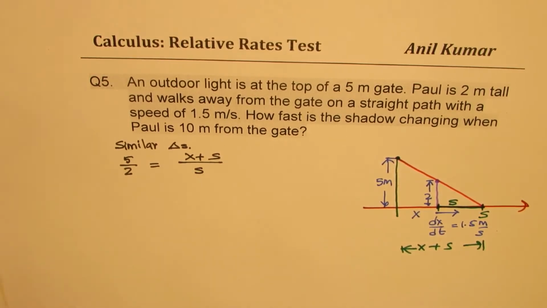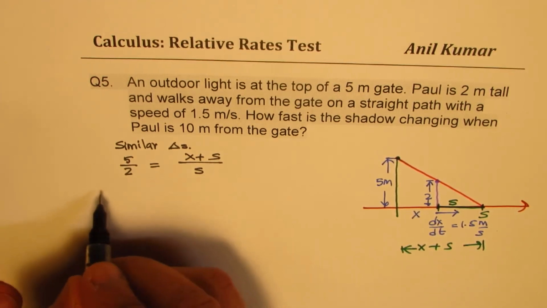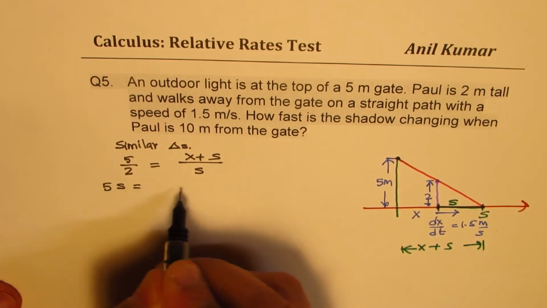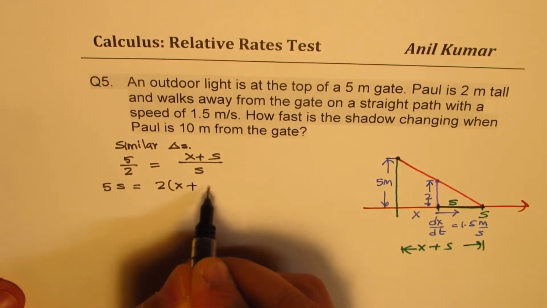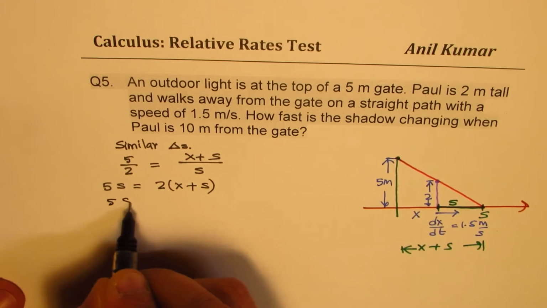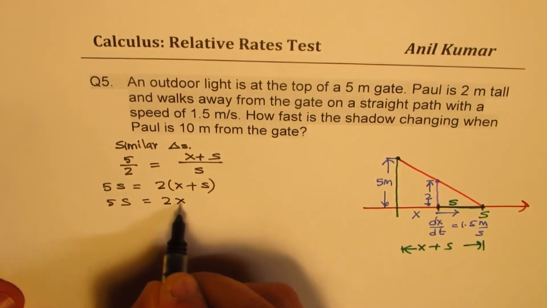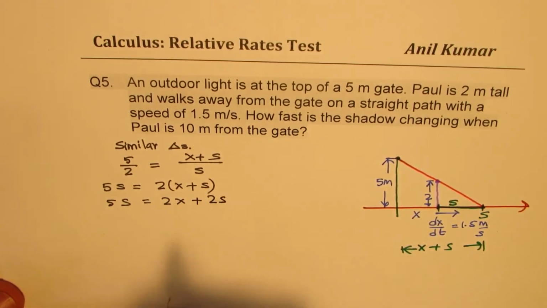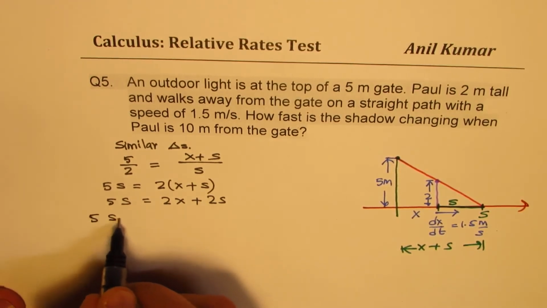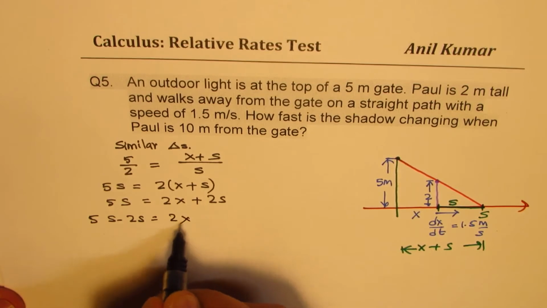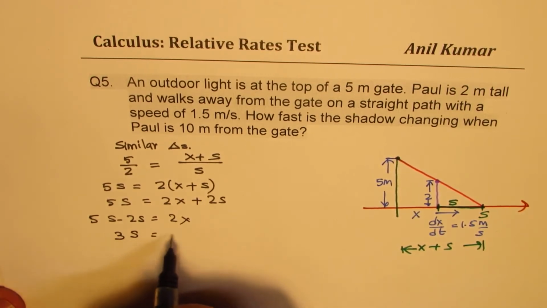So that gives us the relation. Now we can cross multiply. So we get 5s equals 2 times (x plus s), which is 5s equals 2x plus 2s. Bringing it together, 5s minus 2s equals 2x, which is 3s equals